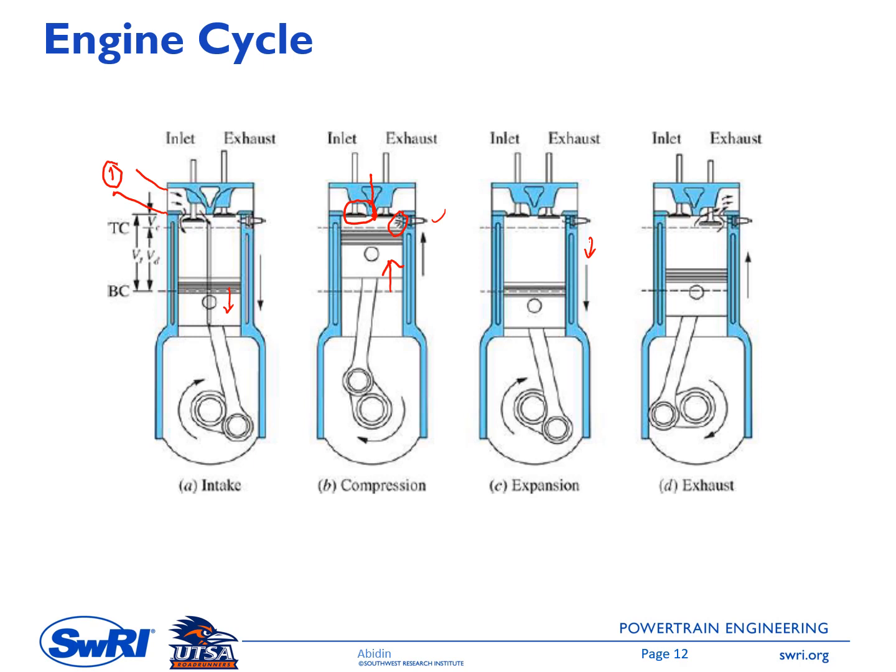This expansion stroke is also called a power stroke because it is at this stroke that the engine generates power that is transferred to the piston, and then through the connecting rod the power is transferred to the crankshaft, and so on, and then it will propel the car